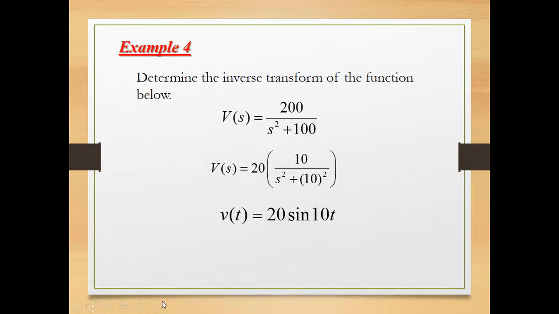Now, what about this one? The denominator is an s squared plus a constant. So if you think, what are the two Laplace transforms whose denominator is an s squared plus a constant? You only have two actually, the sine and the cosine. In the case of the sine, the numerator is a constant equivalent to the omega that is being squared here in the denominator. In the case of your example here, the 100 came from 10 squared. So then it follows that if this omega is 10, the omega that should appear in the numerator should be 10.